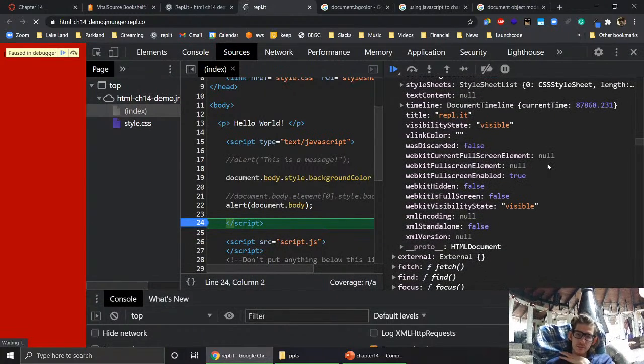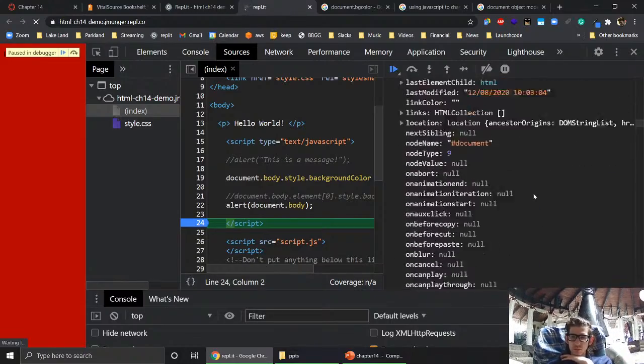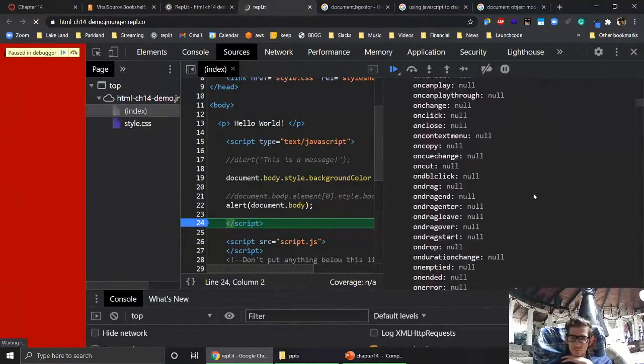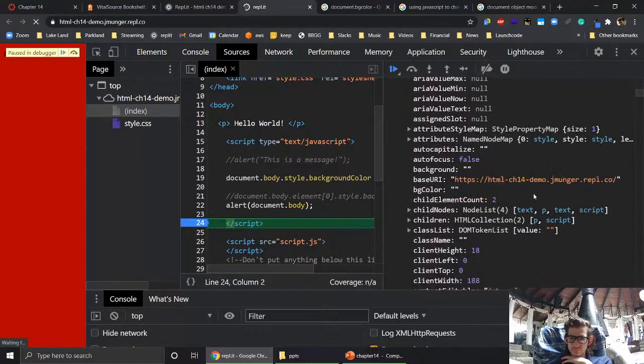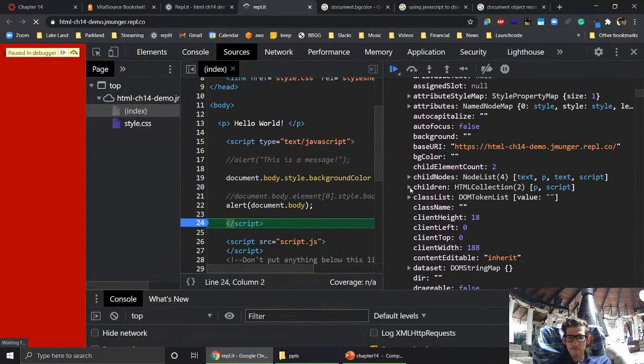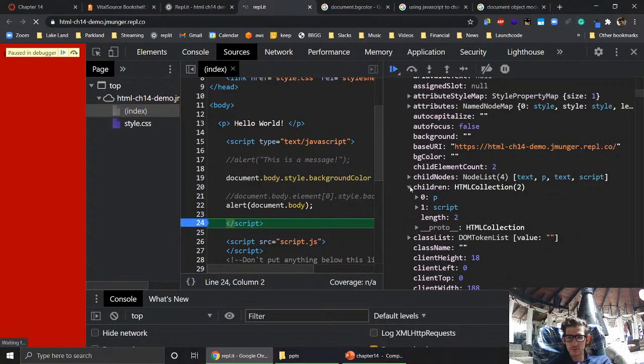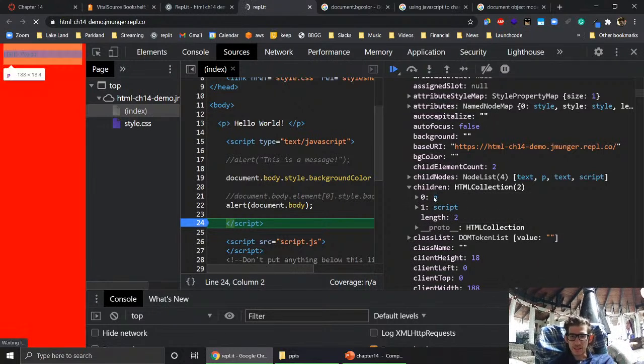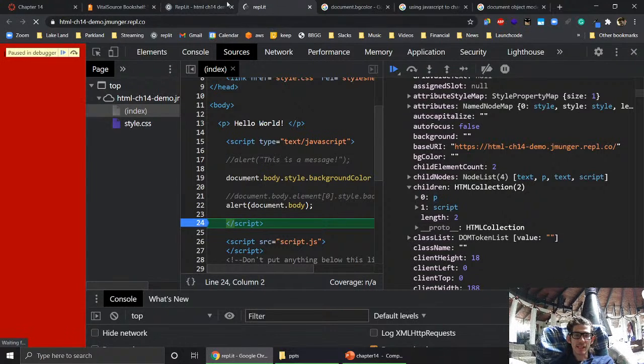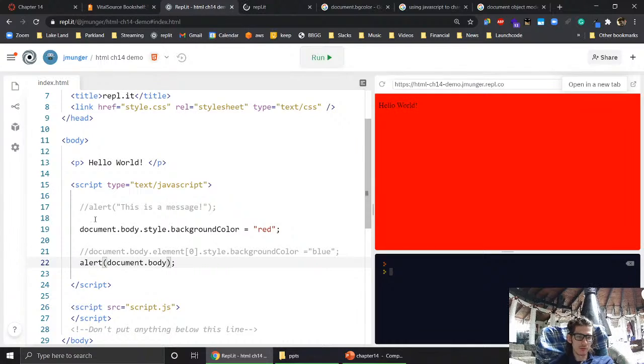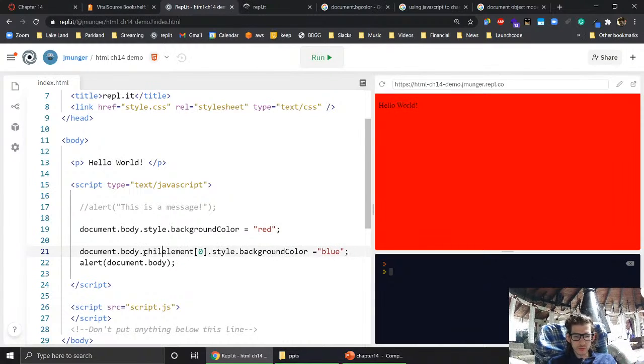So I think we want to go back. Let's use the children. All right, so within the children object, the first element is our P. So that means to access that, we're going to have to do document.body.children